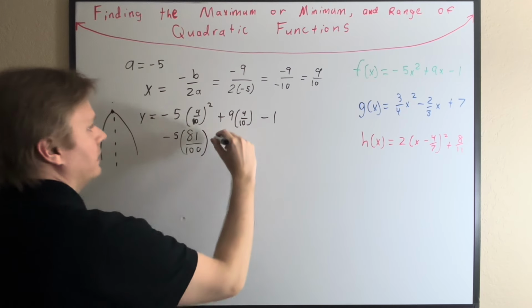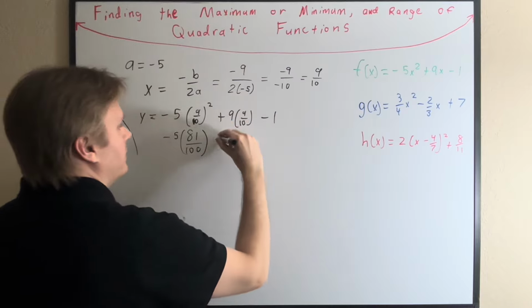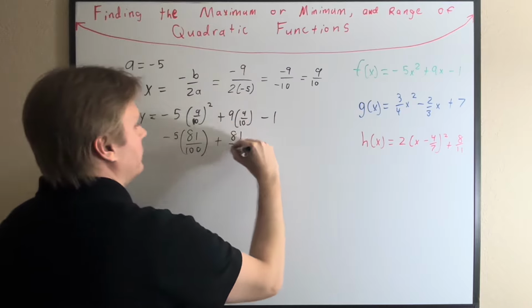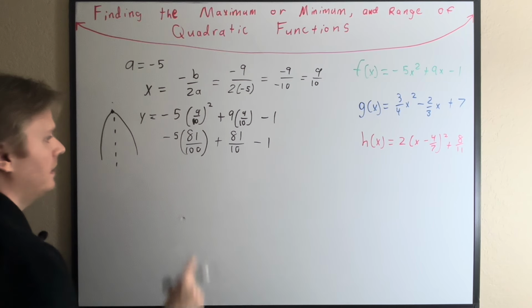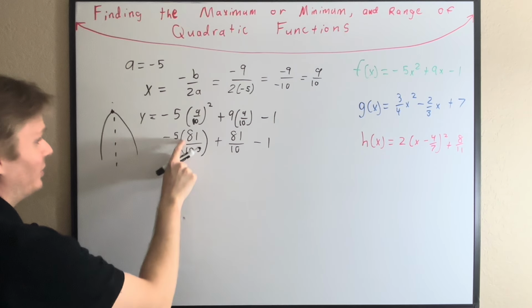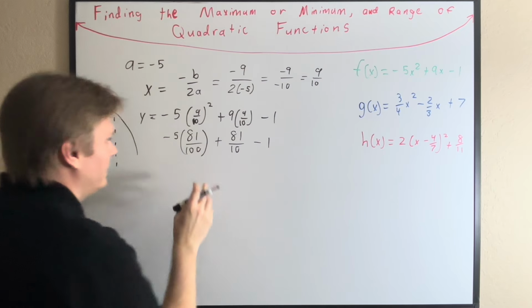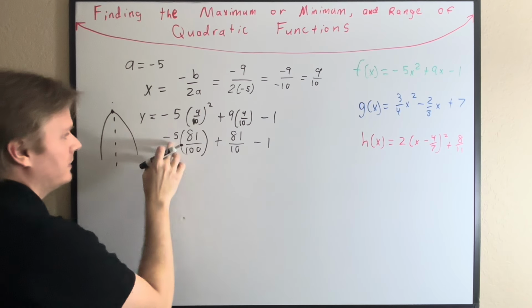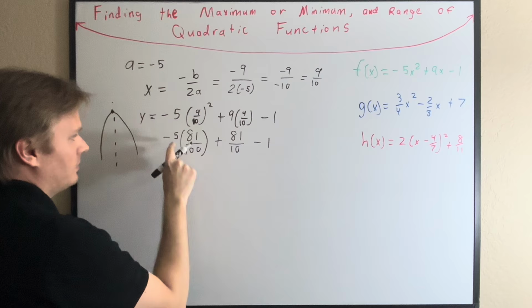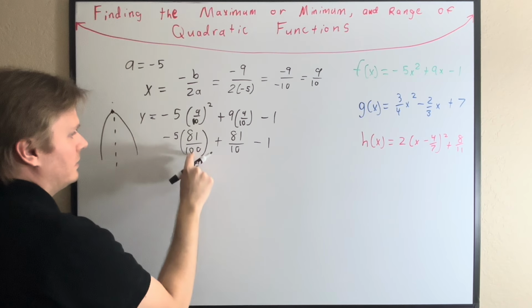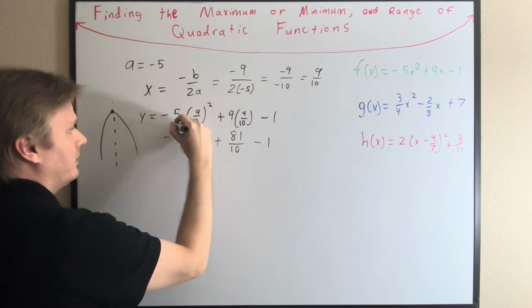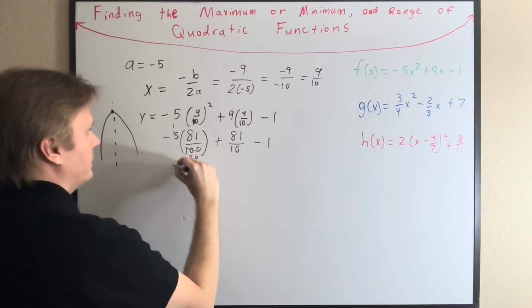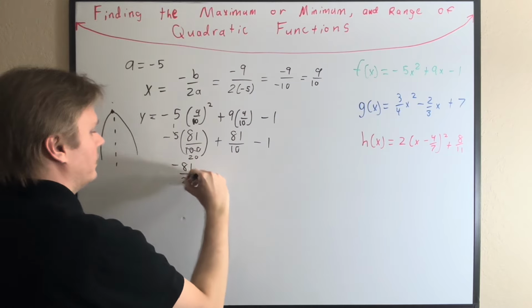I'm multiplying that by negative 5. 9 times 9 is 81 over 10, minus 1. Now, instead of multiplying 81 times 5, I think it's easier to cross-cancel these, because since this is multiplication, we can divide first. So what's 100 divided by 5? 20. 5 divided by 5 is 1. So we're left with negative 81 over 20